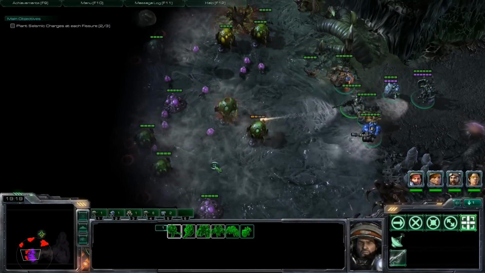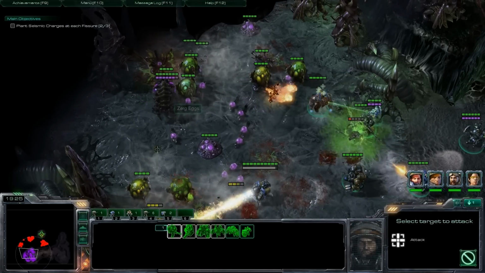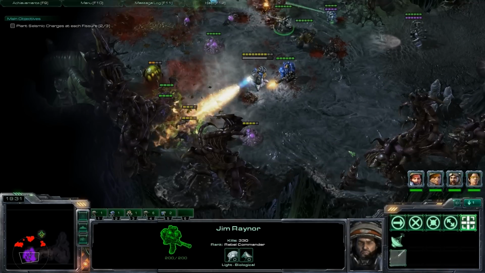But we are on the third stage. This one's pretty simple. There's going to be a lot more sponges coming at you, but there will be a couple diamonds in the way. So you want to keep Raynor's bullet prepared for...